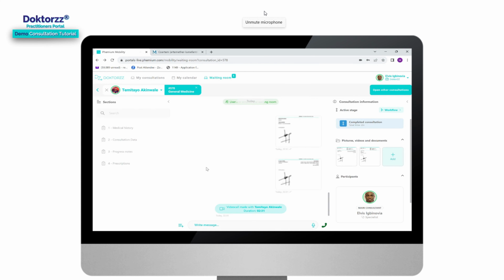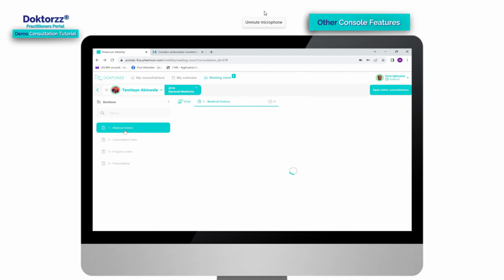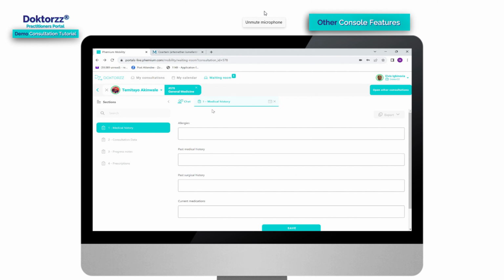So that was basically it. That was the consult there. I'll just run through some of the other features. For instance, the medical history. I could have just come here and written allergies, but I don't remember if she gave me the allergy history. For past medical history, we can put hypertension here. Past surgical history: she's had a laparoscopy before and a lipoma excision from her leg.